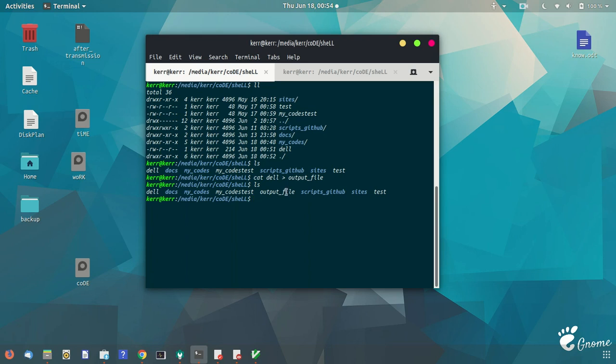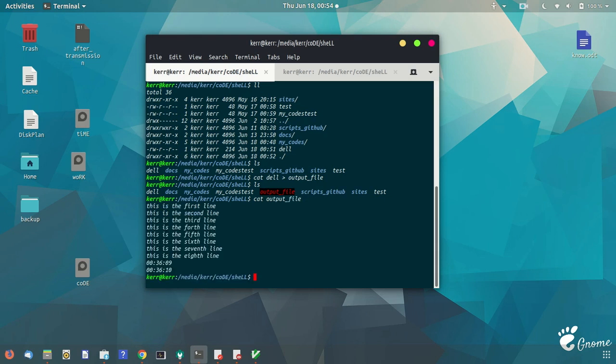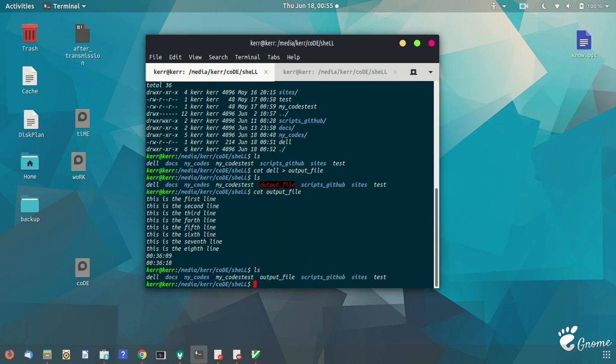So you can see the output file is being created, and whatever the value within this output file is, it is just the value within the del file. Now you can also print the error that is being generated. For printing the errors, you have to use the standard error, whose file descriptor value is 2. Okay, so let's say you want to make some error.